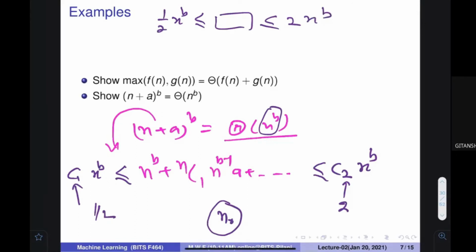So does it matter whether we remove the equality sign or not? Yes, it matters. As I told you, the equality sign is important. We have seen that big omega becomes a small omega, and big O becomes a small o. So can you find out the value of n0 for which this is going to hold? I leave it on you. You can find the appropriate value, and I don't insist that you use these values. You can choose any other value to show me that things are actually going to hold.